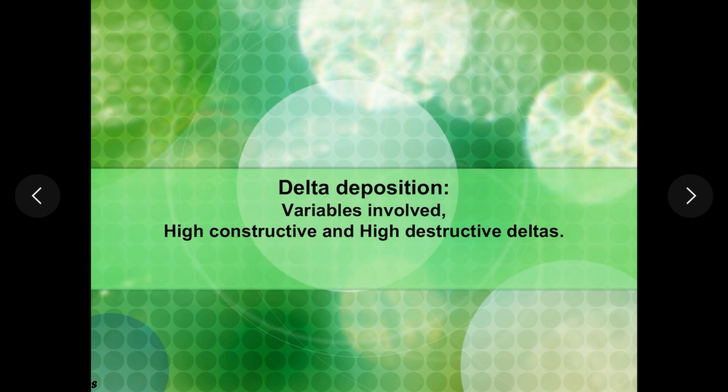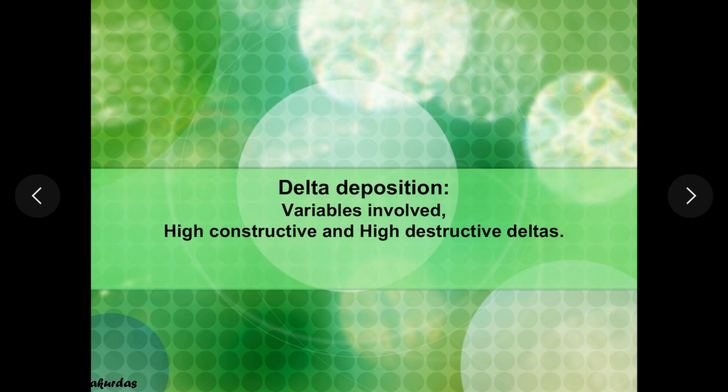Third is the action of wave, tides and currents that we have already seen. What happens when any of these energies are dominant. Next is depth of water body. So if the depth of water body is more, the space for sediment accumulation is more. In that case, the sediments may get subsided or sink below and the marine influence could be more. As against that, if the water body is shallow, the river will deposit its sediments at the mouth and it may give rise to formation of a river dominated delta.